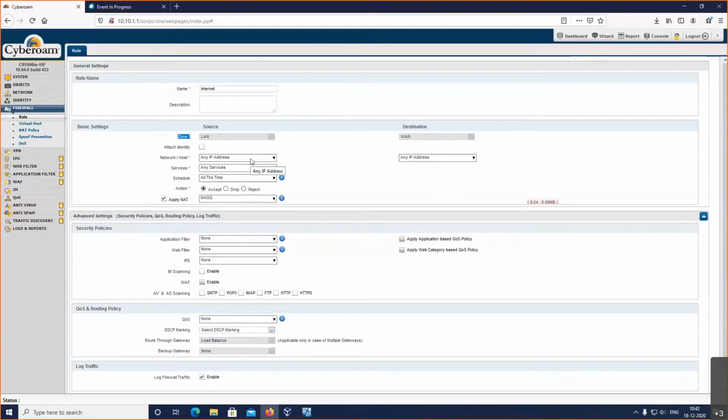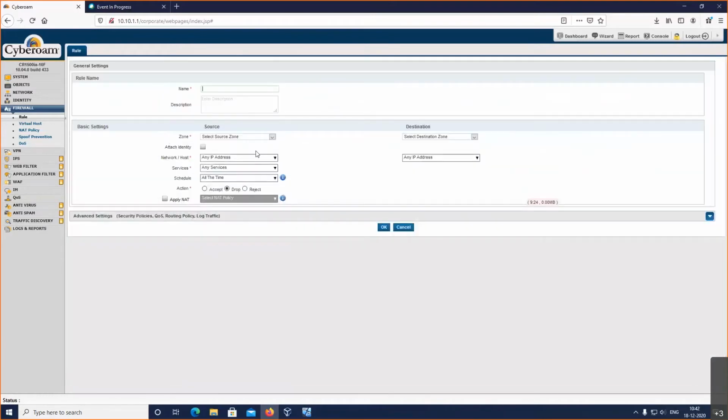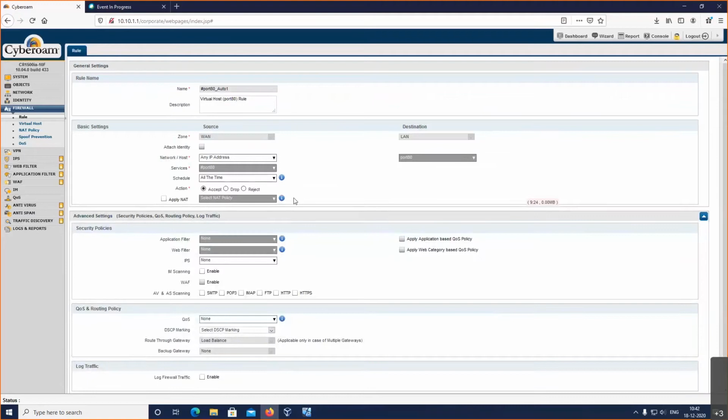Or we can also define here what kind of zones we want, whether we want to write from WAN to WAN or WAN to LAN, that also we can define here. Okay, like we can have this drop down where we can define the kind of zones we want. Okay, and the other part is the kind of source as well as the destination which I want to access.